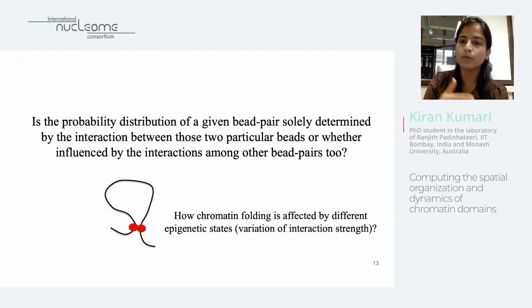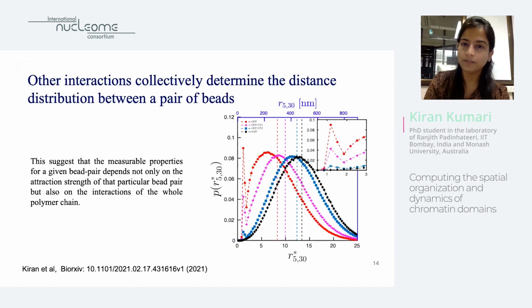In other words, how is chromatin folding affected by different epigenetic states? To understand that, we have systematically varied the interaction strength. First of all, this red plot is the same for the off state having the interaction 2.1. And the black one is the self-avoiding polymer, which has no attractive interaction, only repulsive interaction. Here there are two intermediate states, where in the pink one, we have ignored the interaction strength below 1 kBT. And in the blue one, we have ignored the interaction strength below 2 kBT. So that means we are perturbing the system systematically to observe the changes due to these perturbations.